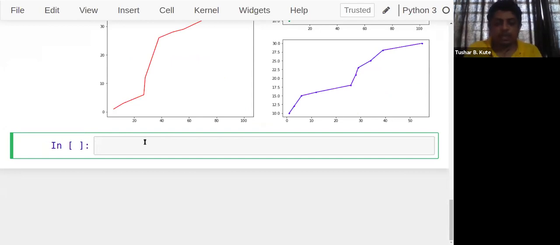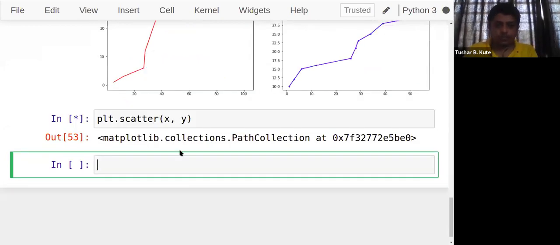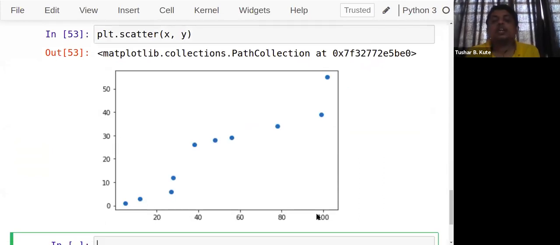Let's see this one. So plt dot scatter. Scatter function is used for that. X against y. Now see, scatter dots are shown over there. It's called a scatter plot. For this also we can make use of the colors, or we can use x label, y label, limits, everything. The problem here is it's a dot shown, exceed values present, there the dots are shown. This is called as a scatter plot.